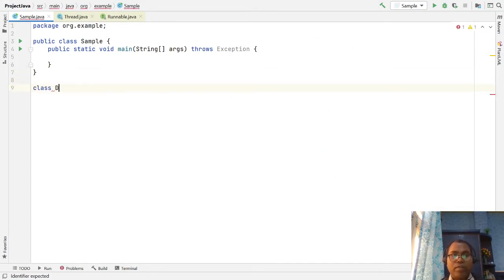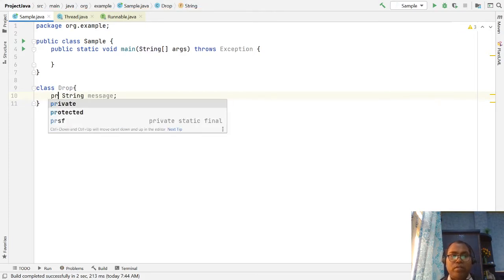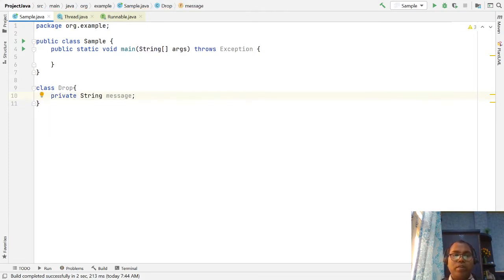We write a class Drop, and Drop has one private message. Let's first see what problem occurs without wait synchronization.